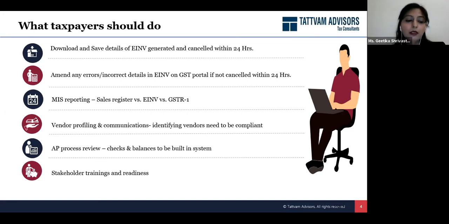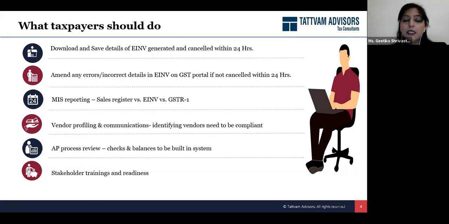Because, like we know, the government has very clearly clarified and amended the law to the extent that invoices which will not have the required particulars, one of the particulars being the QR code, the credits will be denied. So you as a recipient also need to ensure that your suppliers are complying.